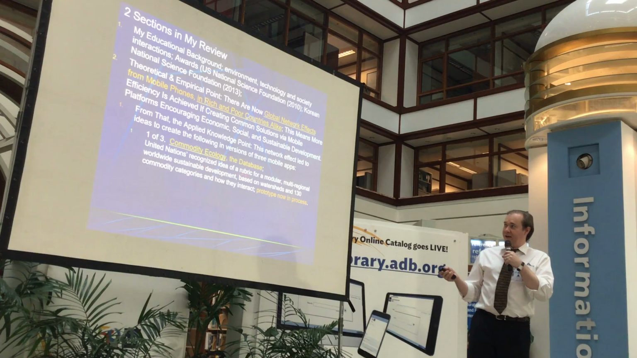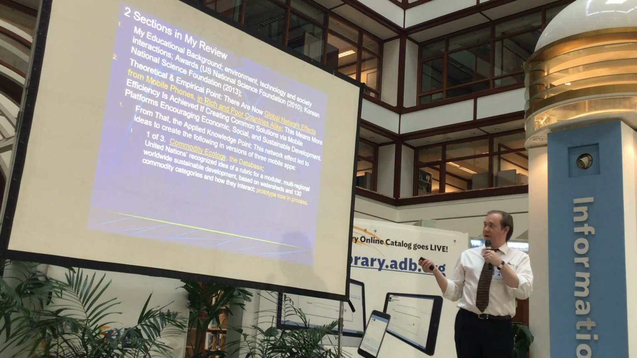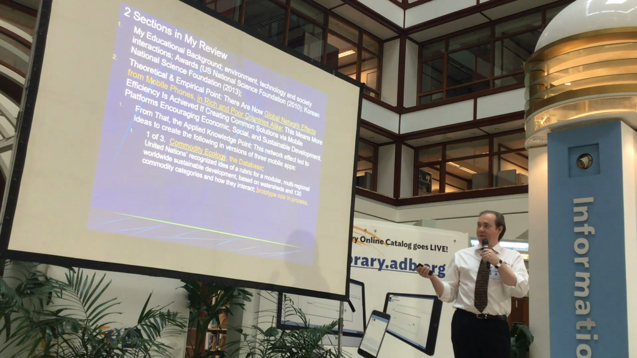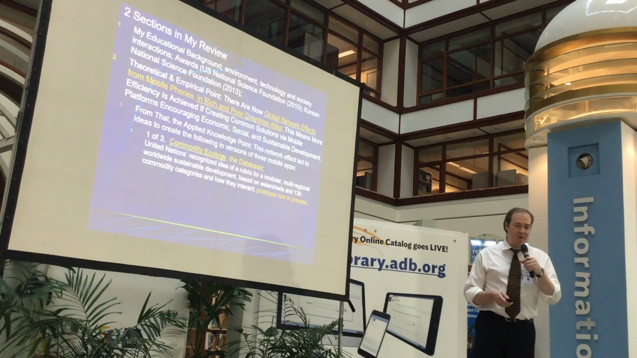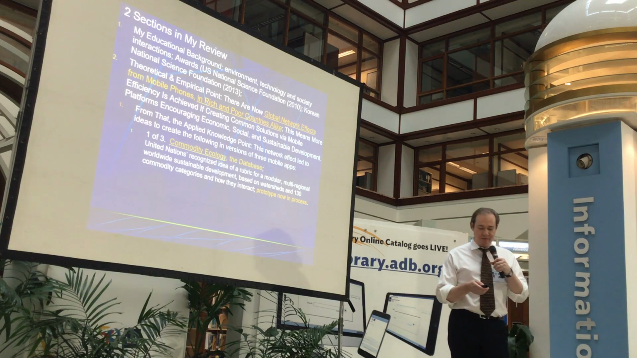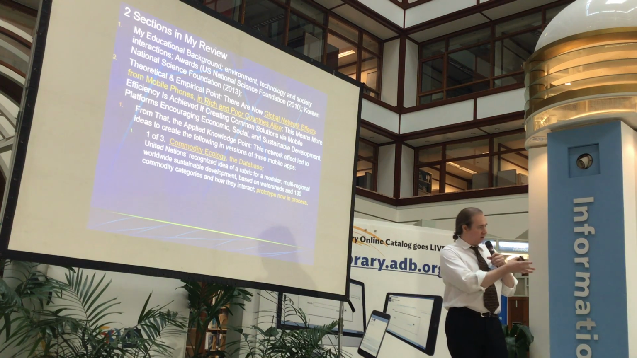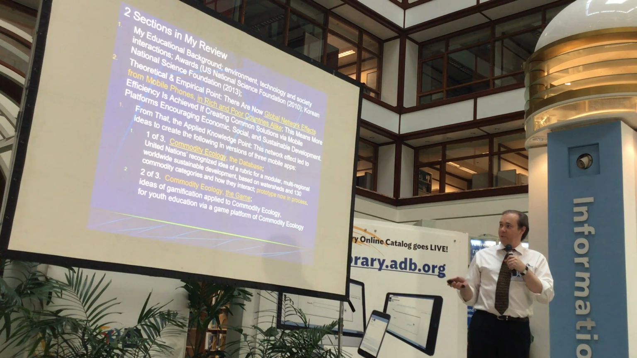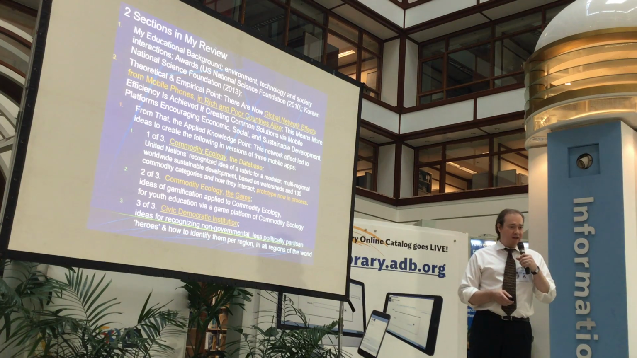It's the United Nations recognized idea of a rubric for a modular, multi-regional, worldwide sustainable development based on watersheds and 130 commodity categories and how they interact. This has been sponsored by the United Nations Academic Impact, and we visited the United Nations Secretariat with Dr. Se last month, actually. I will not be talking about number 2 or number 3, given the time limitations, but